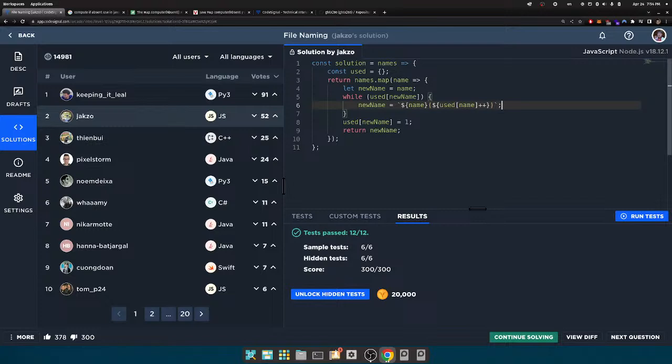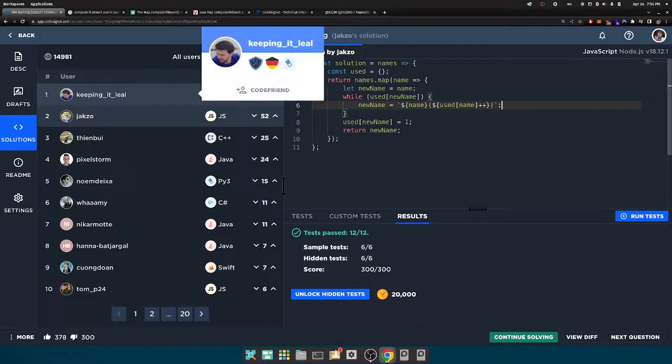Let's just see this. These are the other solutions: when you complete the problem, you go here to the left in solutions, and yeah,